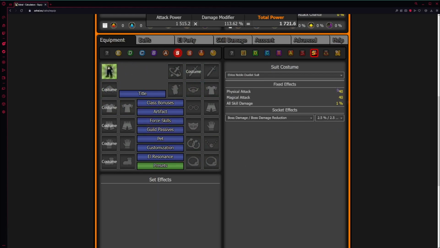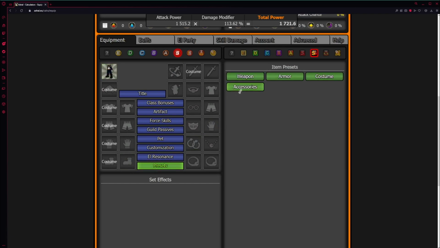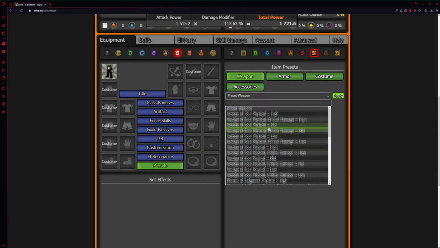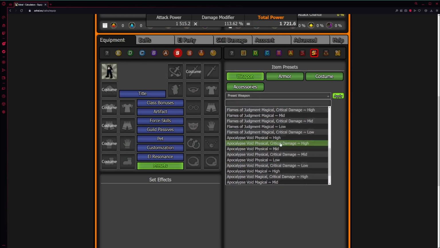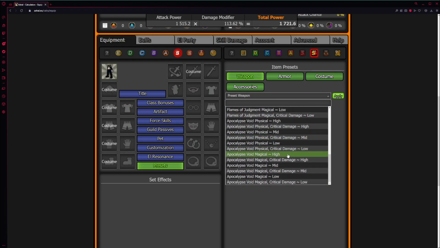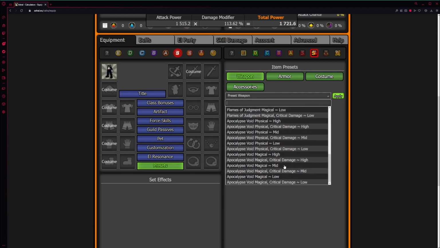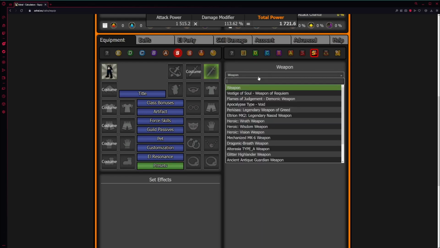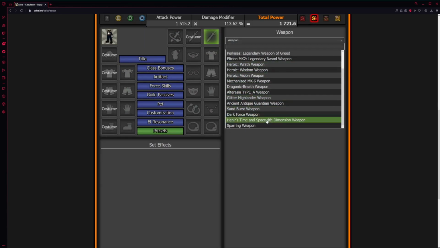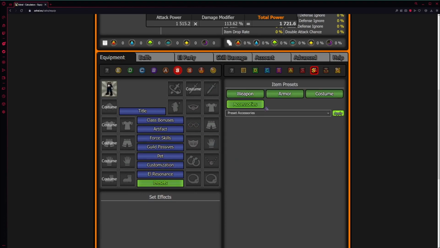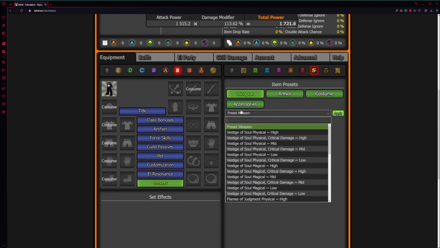What I recommend you do when you have a blank slate like this is right here in this little green bar. It's really nicely highlighted. Presets. You can get a weapon. So it has Void, FOJ, and VOS. And I'm assuming you have one of these 3. It's very unlikely that you don't. Maybe if you have a secret dungeon weapon. I don't. He does have options for secret dungeon weapons, but I assume that mostly everyone who's using this tool at this point would probably need to have a preset weapon.